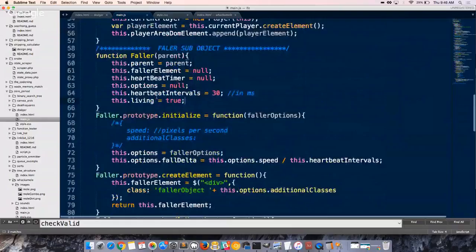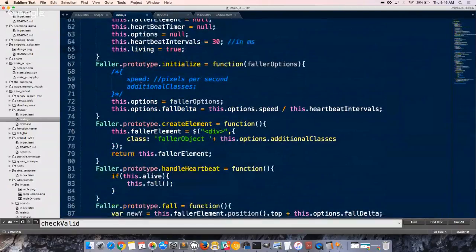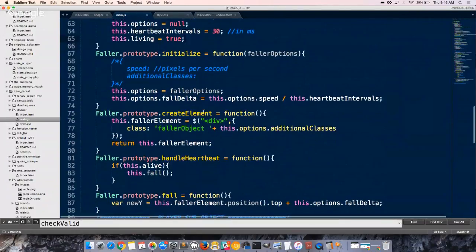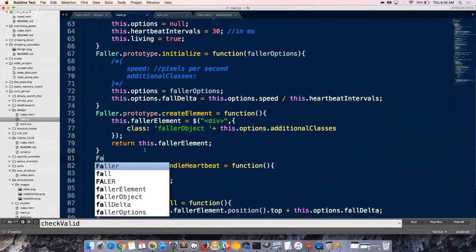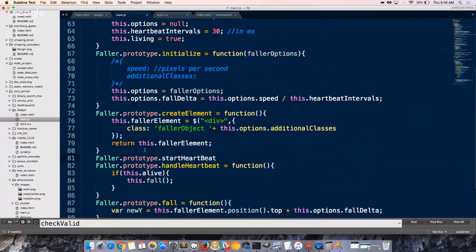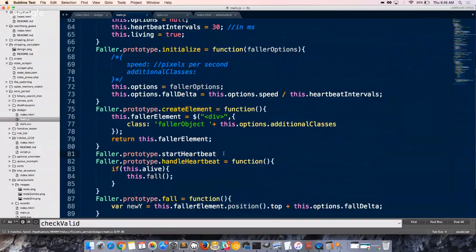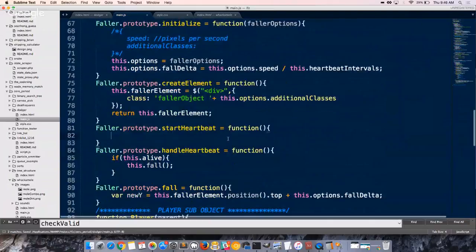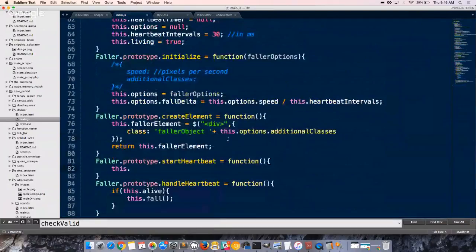So right now we're making this object. We're going to initialize it, which we haven't called yet, which would make our options and call our fall delta. I probably also then want to start my heartbeat. So Faller.prototype.startHeartbeat. Apparently I do that in lowercase everywhere else, so I'm going to have to do that down here too. Start heartbeat equal to a function, and I'm going to say this.heartbeatTimer is equal to